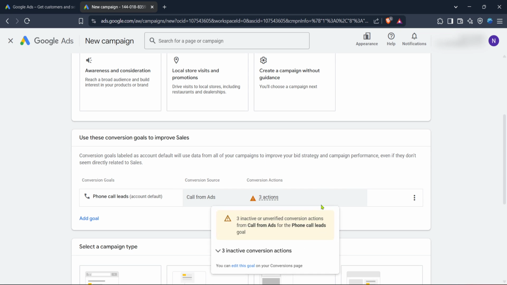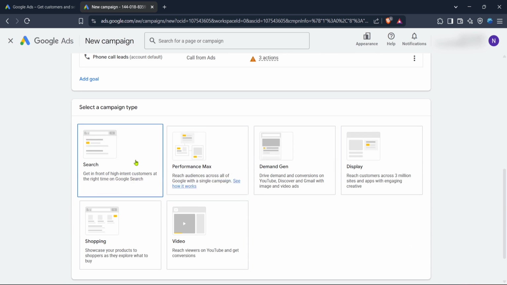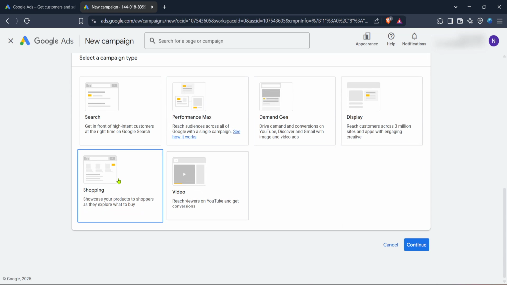The system will guide you through configuring your new campaign. Here you'll select shopping as your campaign type. This is where Google Ads really shines in helping you reach buyers who are actively searching for the products you